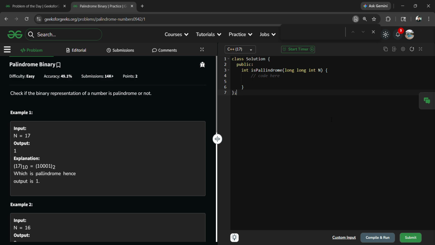Good viewers. So basically today's GFG POTD we have a problem, Palindrome Binary, and it is an easy level problem. The problem statement is: check if the binary representation of a number is a palindrome or not. In example 1, our n is equal to 17, and the output